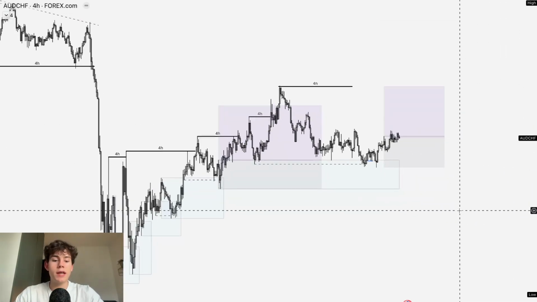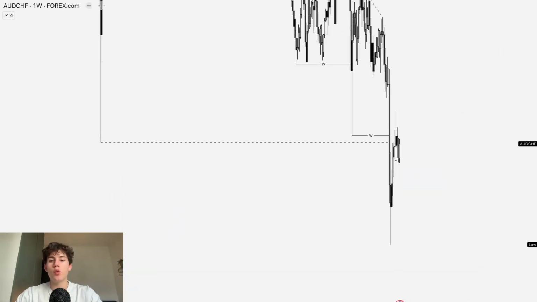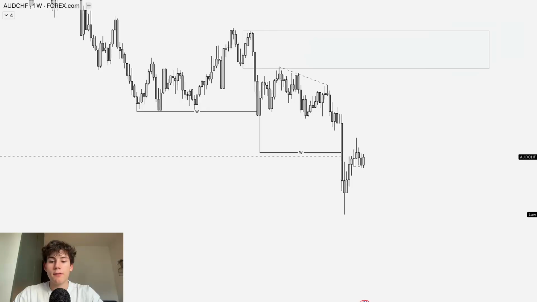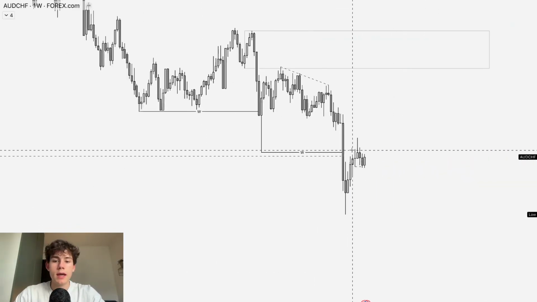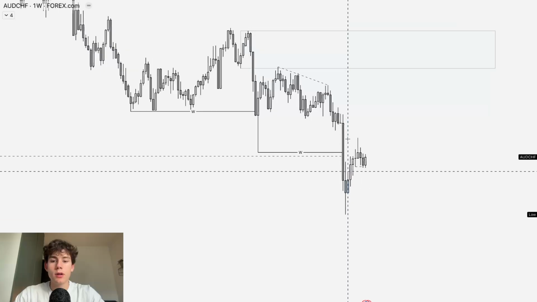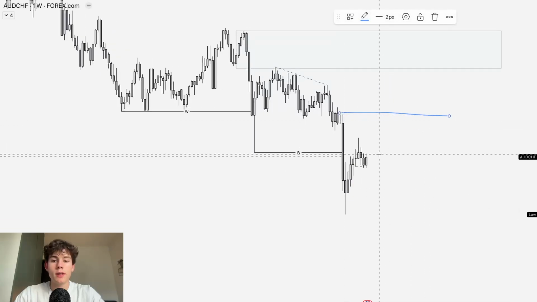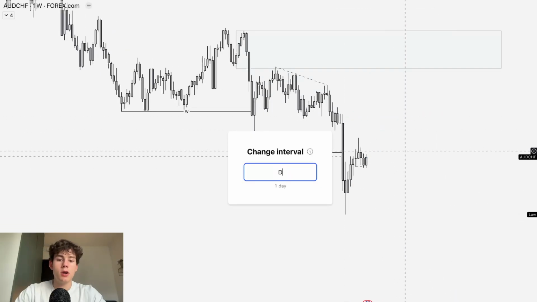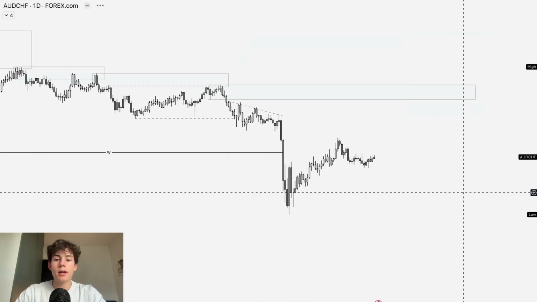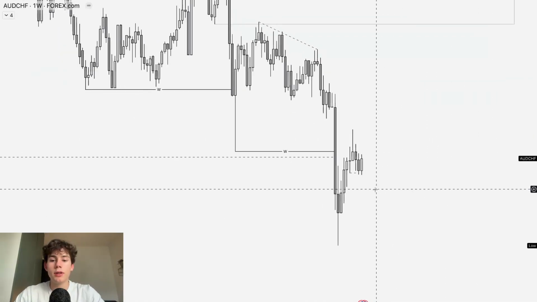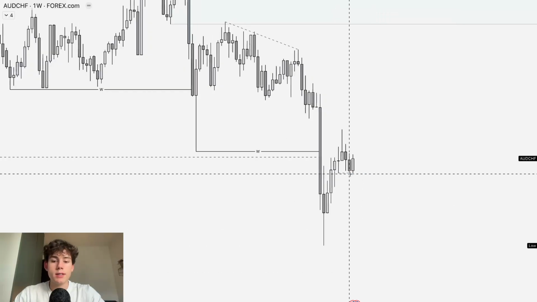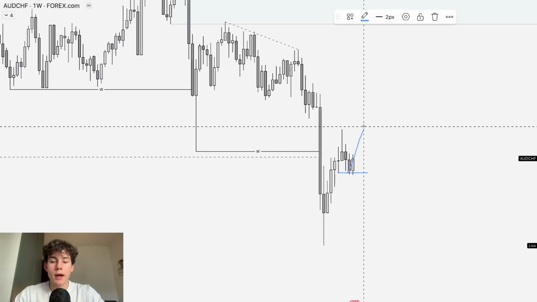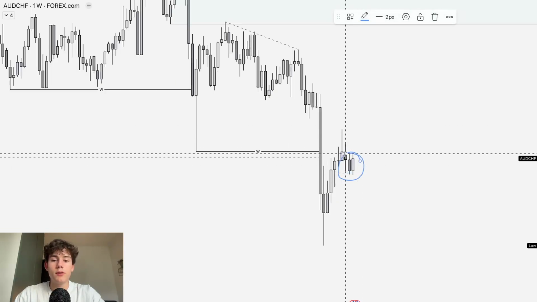Going over to AUD/CHF on the weekly time frame, yeah, we definitely need to move up higher. We took liquidity underneath these lows and we have no liquidity in this move down, so I'm definitely looking to take liquidity above the highs. Looking at the weekly time frame, I perfectly called this. So we grab liquidity underneath this low, and that's when I said that I wanted to trade up higher, and this is beautifully playing out.